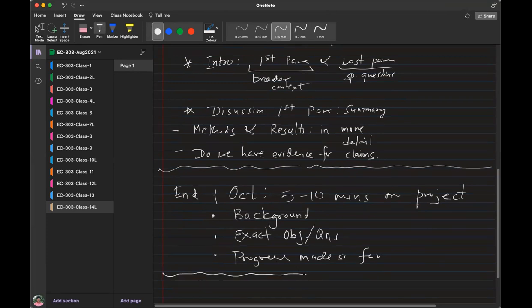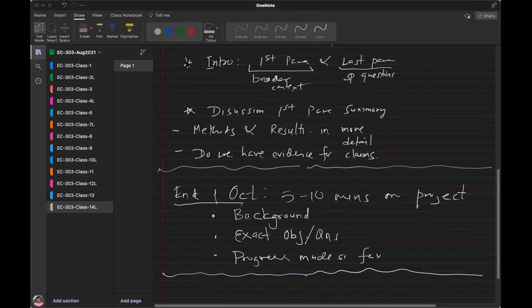Especially if the first 2 parts here are not clear, we will not be able to understand this. So these 2 people really should do a very good job. You must make it very clear what is known, and what you are trying to do. So we will tentatively schedule this for exactly 3 weeks from now.